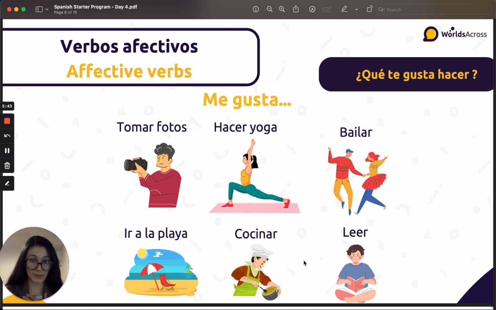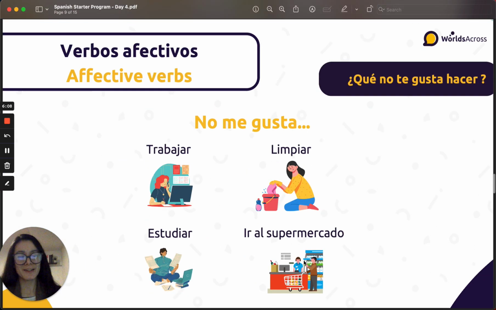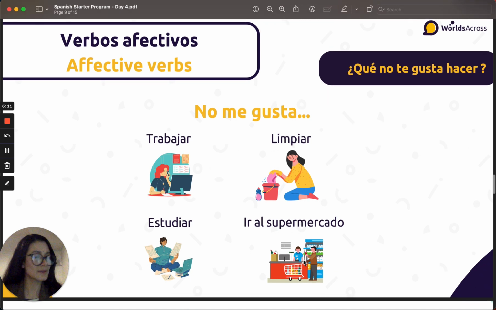¿Qué te gusta hacer? A mí me gusta, or me gusta, bailar, for example. I love dancing. So, me gusta bailar. ¿Qué te gusta hacer? So you would reply, me gusta, I like. Can you comment down below and tell us what you like? If you have another verb, perfect. Then we can add more for the fellow students that check this out. Muy bien. Now let's see. ¿Qué no te gusta hacer? What don't you like doing, right? What don't you like to do?